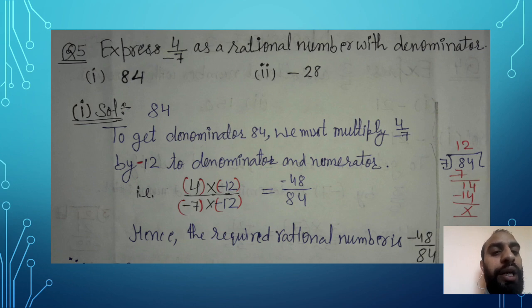So let's see how to write. 4 into minus 12, and denominator minus 7 into minus 12. 12 4s are 48 and 7 12s are 84. You can see now in the denominator the required 84 is there. You can write, hence the required rational number is minus 48 upon 84. So to make it more clear,